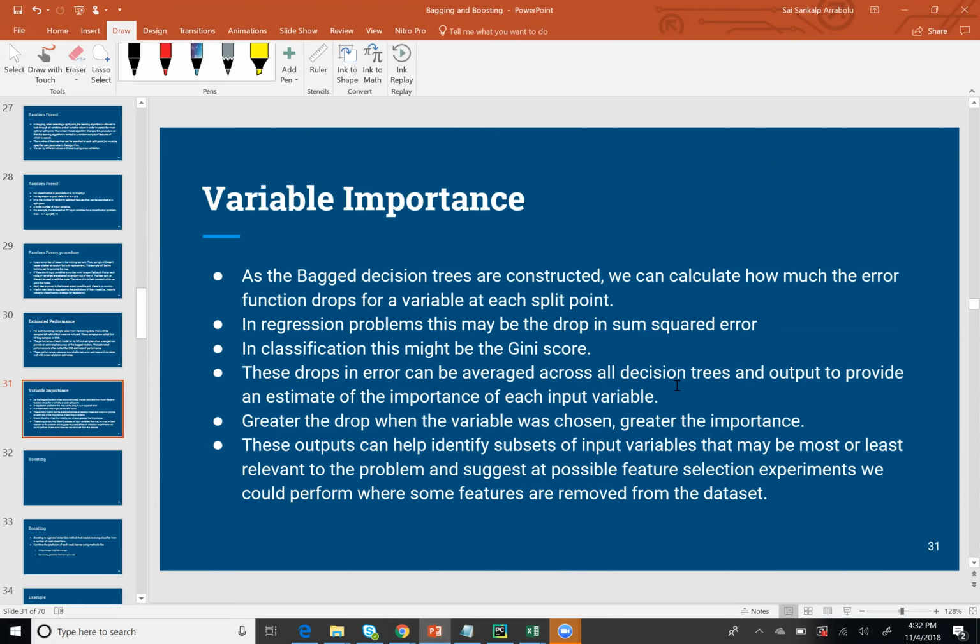Obviously, the error before was 35%, and now it has gone down to like 30%. So these error drops can be averaged across all decision trees, and the output provided is an estimate of the importance of each variable. What that means is, for each decision tree, since the output is basically an average